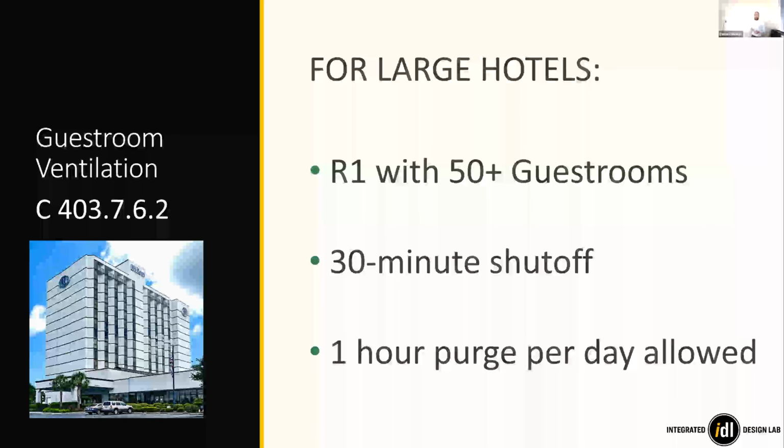Other controls that you might encounter in Boise, large hotels. So this is residential or R1 occupancy with 50 or more guest rooms. This requires unoccupied guest rooms, the ventilation, the fresh air, to shut off after 30 minutes when people leave. And it can have a 1 hour purge cycle of fresh air, maybe after cleaning or something like that, before